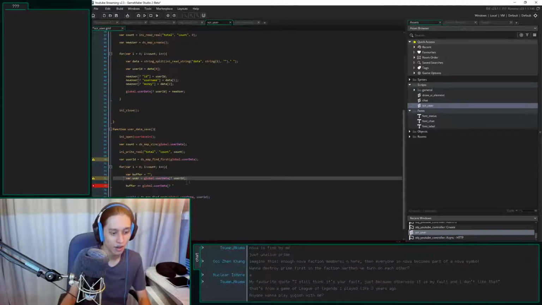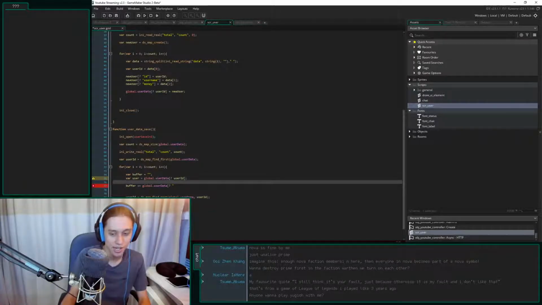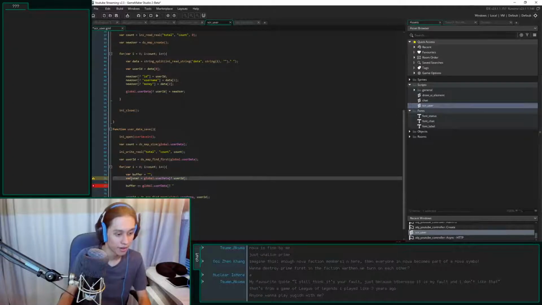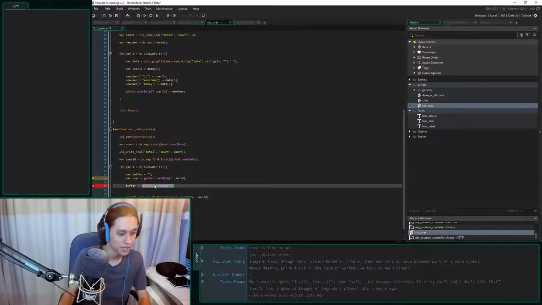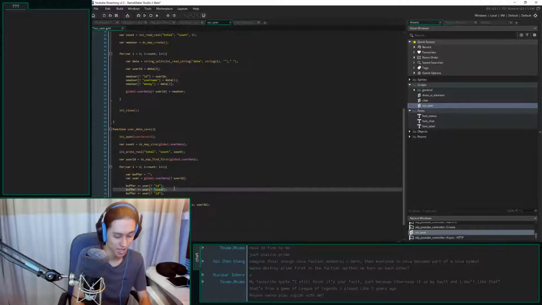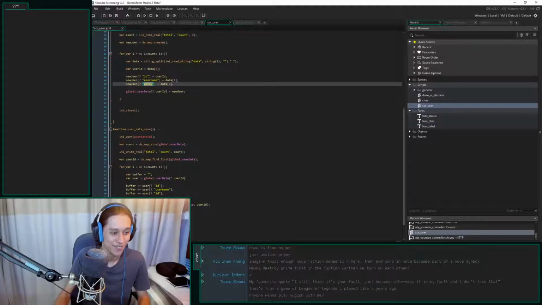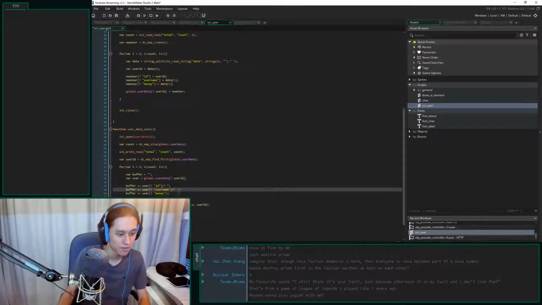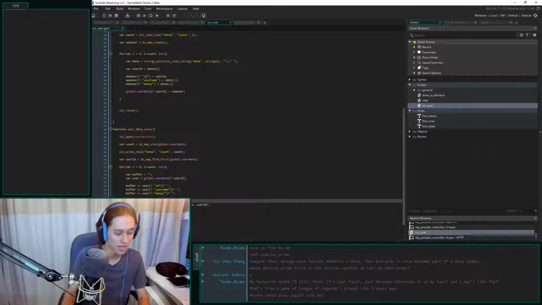I'm actually surprised how long I code without actually testing it. I used to need to test things every time I made changes, but I've gotten better. I've certainly gotten better. So we'll do plus equals user ID. I'm not sure how many of you are able to follow along with what I'm doing. I'm barely able to keep up with the changes that I'm making. Username, and then we do money, something like this. We also need a space at the end of there, so we'll just do something like that, and then copy paste onto the end of you. So perfect, that saves our buffer.